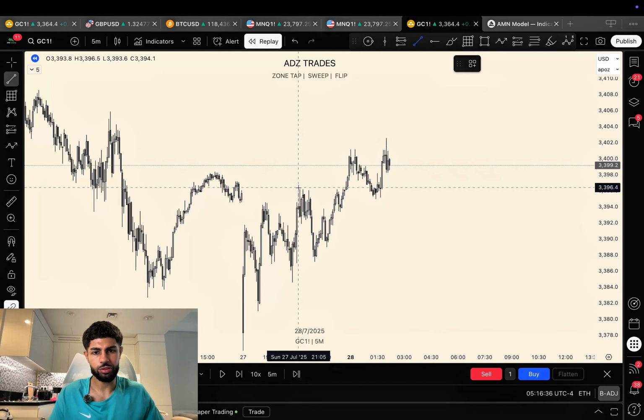What do we have? We have a nice first tap into this liquidity, into this zone here. So a lot of people would be looking for this first tap, and I would agree with you. So let's play price out. There's a sweep, okay. Now we can look for some sort of indication that price does indeed want to continue higher. Okay, and I will even play this. Okay, no, we'll just keep this here.